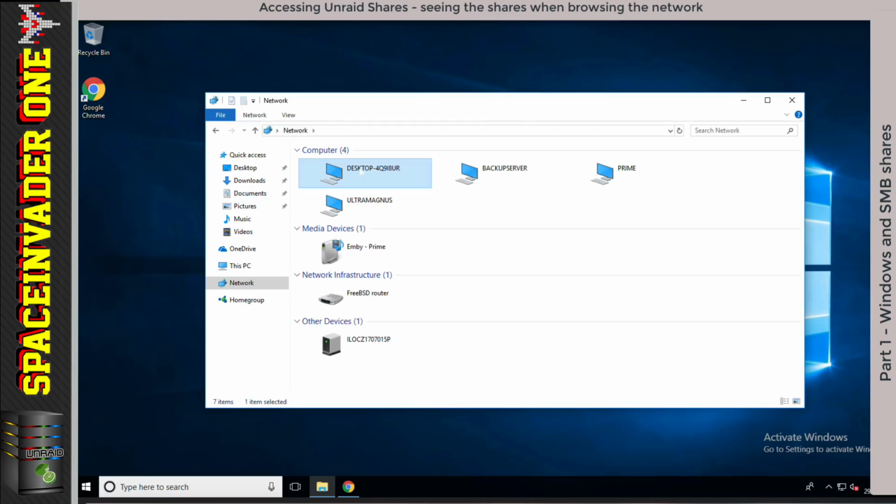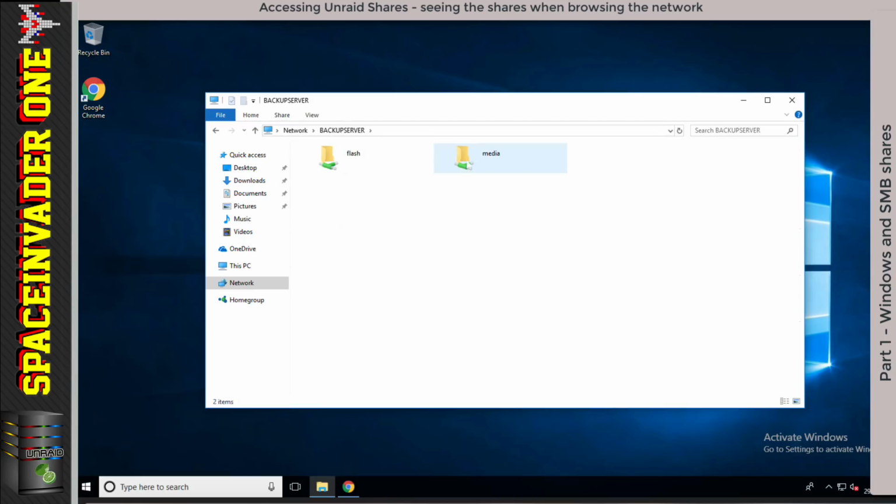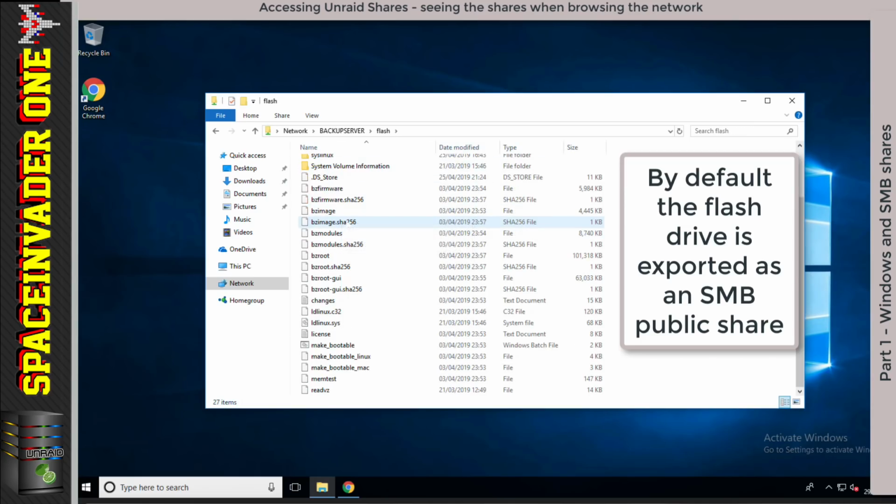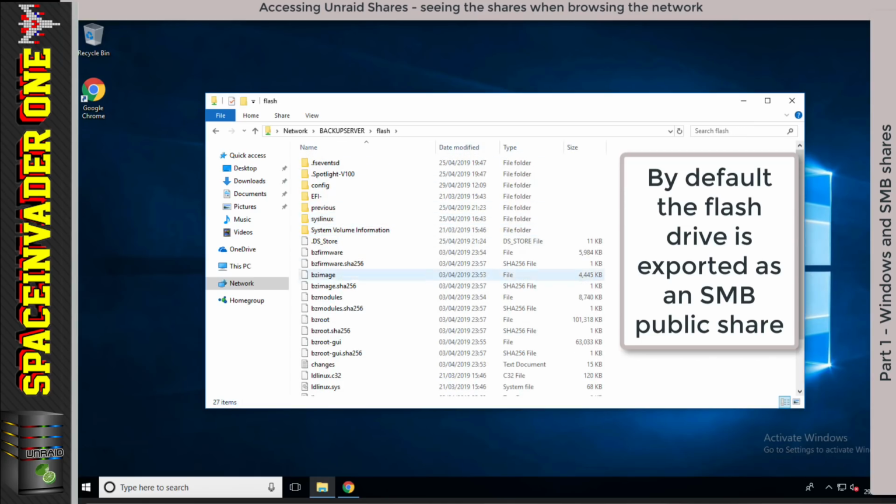And now here's the Windows computer I'm on and this is the server that we just set the share up on. So if I click onto that, we can see here's the media share and here's the flash drive. And the reason we can see the flash drive here is because by default that's actually shared over the network. Now if you didn't want the flash drive shareable over the network because you're worried people may come and delete files here by